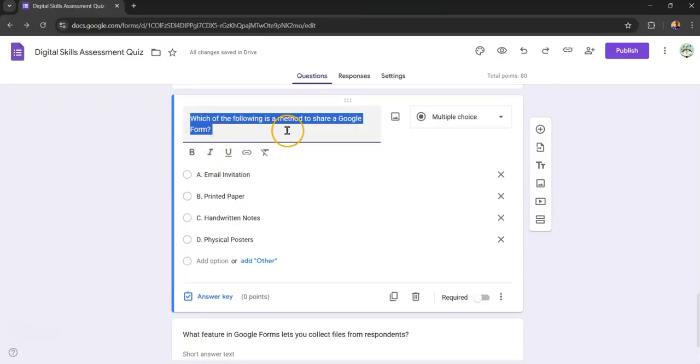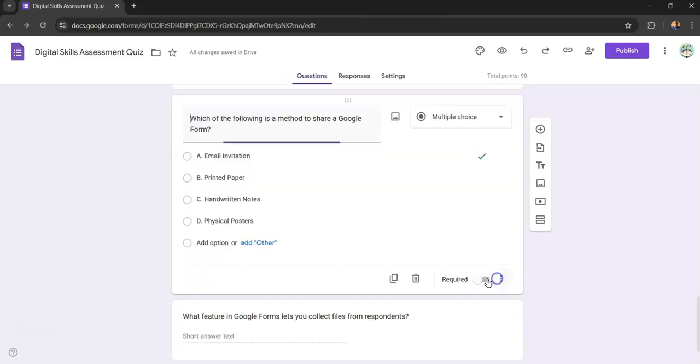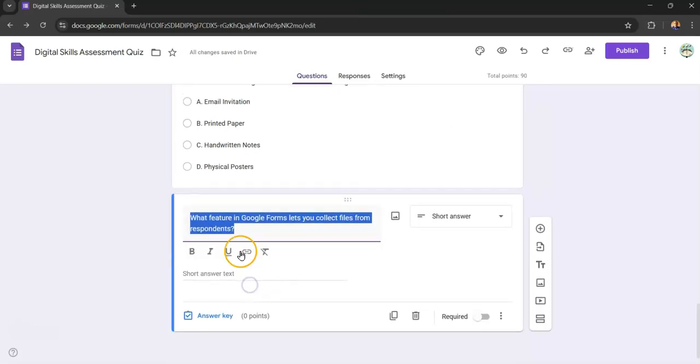Say, which of the following is a method to share a Google Form. So we can add our answer key, and then we have it to be email invitation. We can share our form via email invitation. I'm going to add this to be 10. We have it. We can add our answer feedback as the case may be. We can input video links and all of that. And then lastly, we also have a